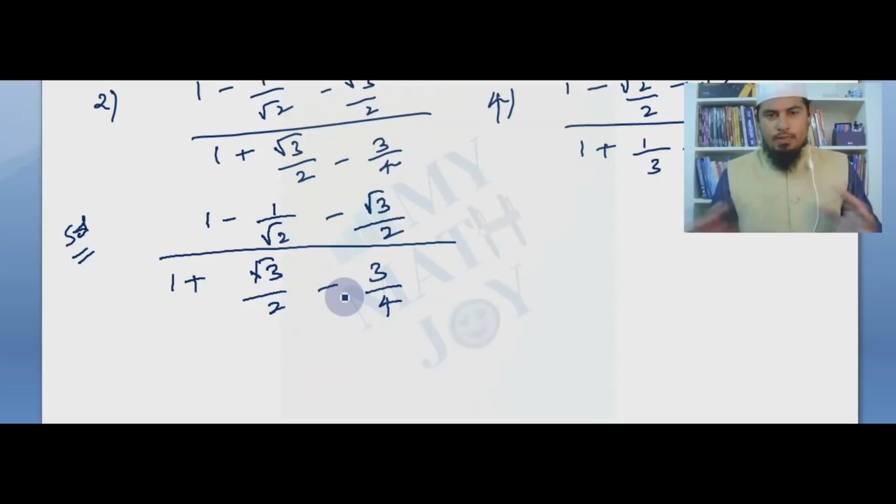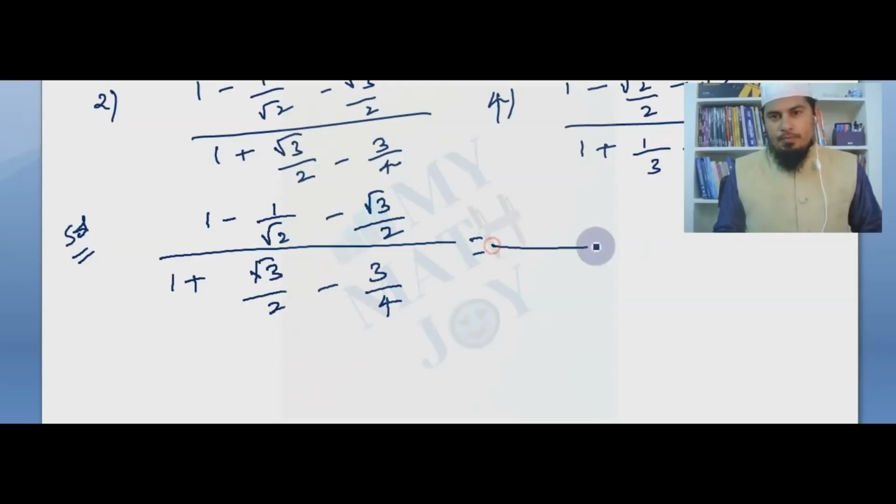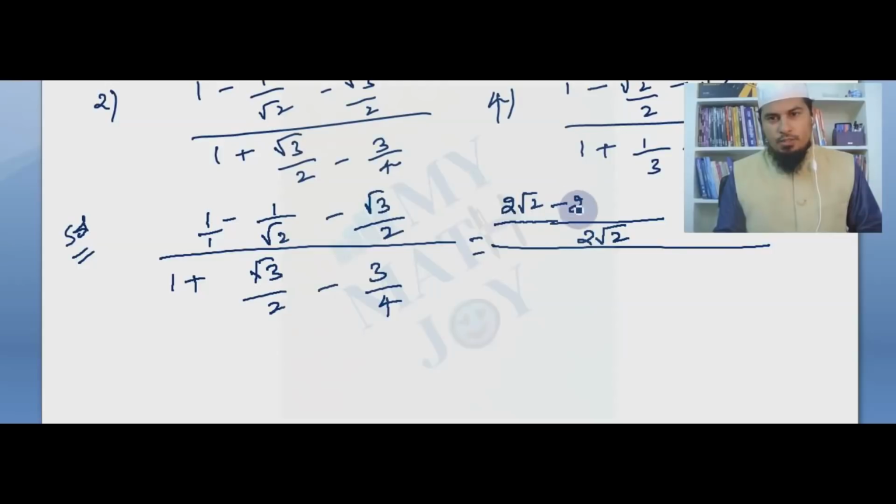the denominator separately, but they will collectively look alike. So this is our basic denominator line. The numerator's denominators are 2 root 2, so the LCM is going to be 2 root 2. I have to multiply 1 by 2 root 2 because the denominator was 1, exactly it became 2 root 2, so I have to multiply, and this numerator should be multiplied with only 2. So 2 times 1 is 2.